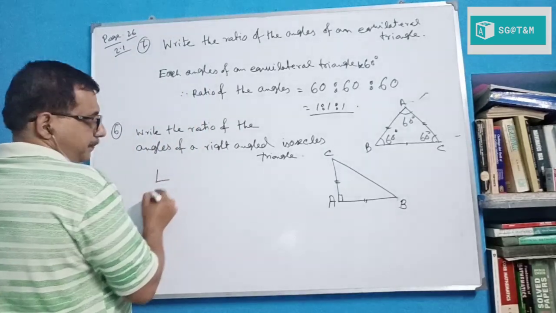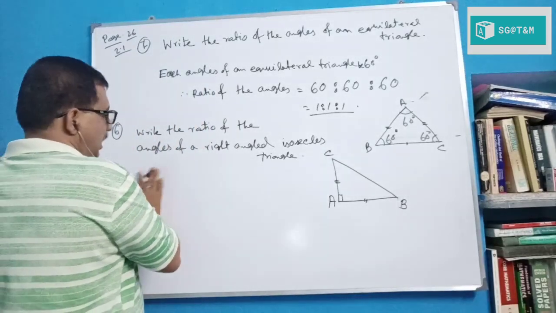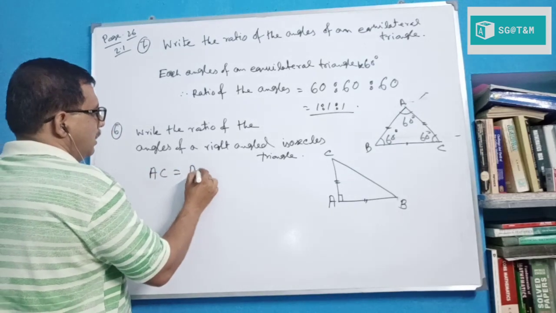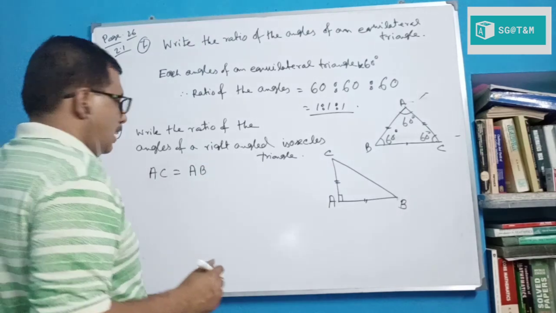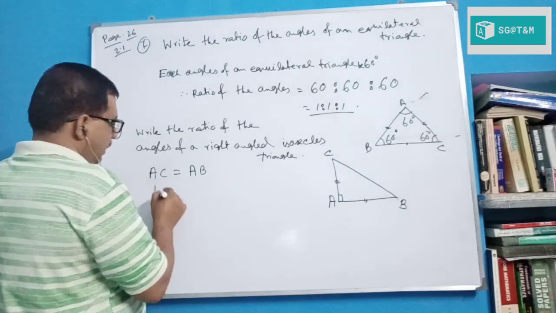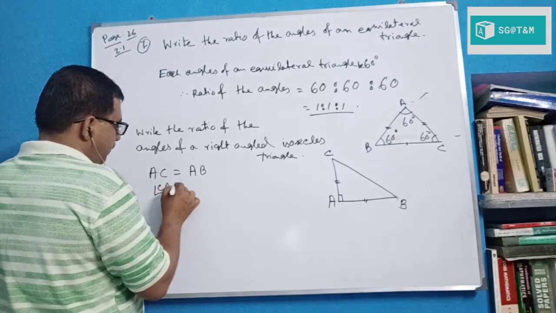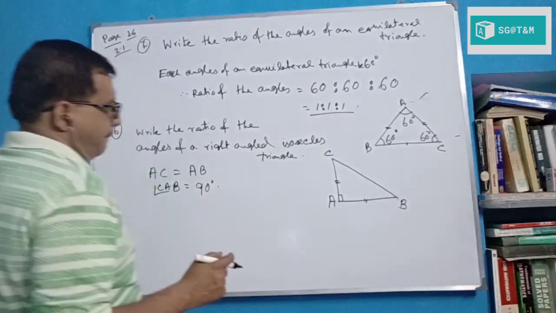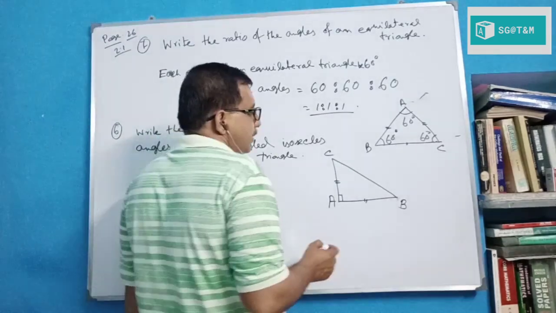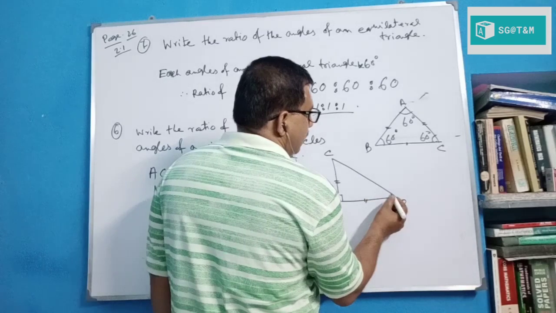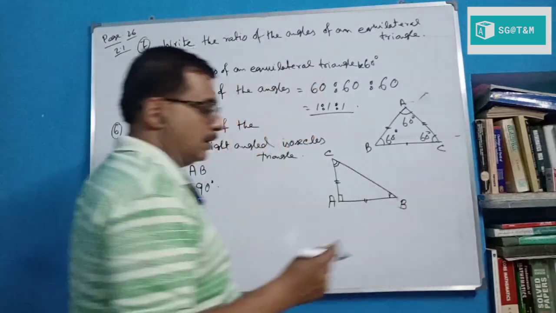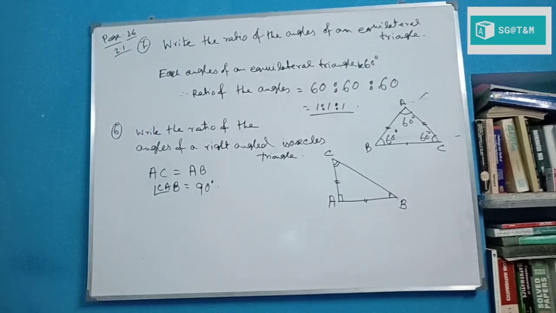First, isosceles: two sides are equal. So it is given AC and AB are equal. And right angle triangle means angle CAB is 90 degrees. Now since these two sides are equal, these two angles are also equal, and we know that the sum of three angles